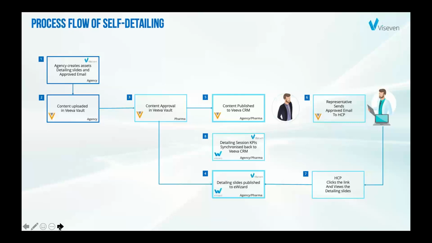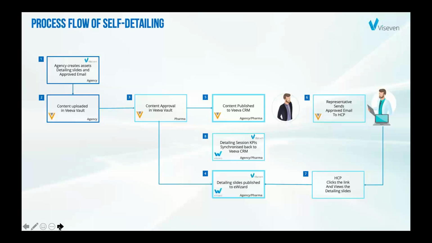Yeah, so of course, first of all, it's the creation of the asset itself, the e-detailing, and we are also one of the companies that works with this and helps our clients to create these e-detailing assets. After that, of course, the content is uploaded to the VEEVA Vault. It gives the ability, in a short step, to approve this asset and push it through the MLR process. After that, the content is published to the CRM. In this case, it's an example with VEEVA CRM.